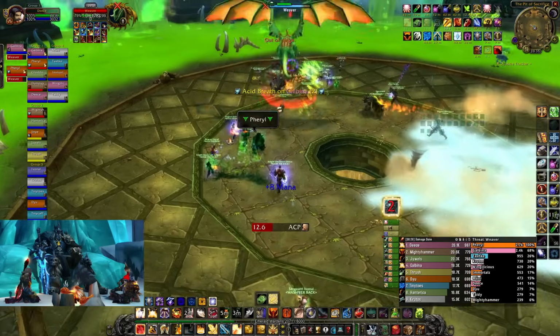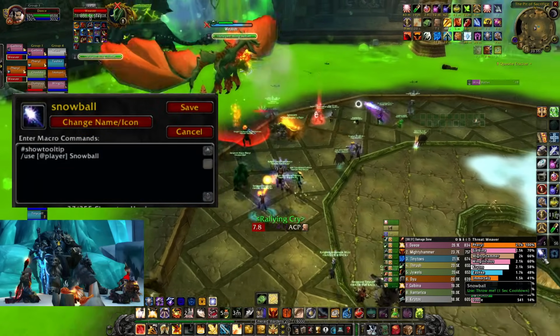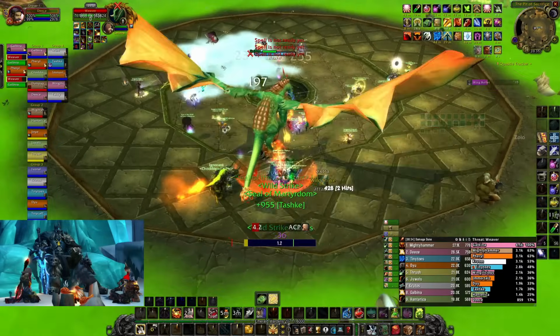If you really want to have high uptime, especially as a melee DPS, you'll want to bring snowballs. What this will do is when you self-cast a snowball using this macro, you will stop the knockback mid-air. During phase 1 and phase 2, you can immediately use the snowball after the breath,